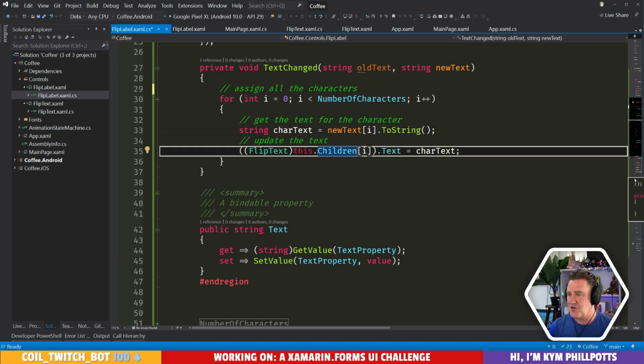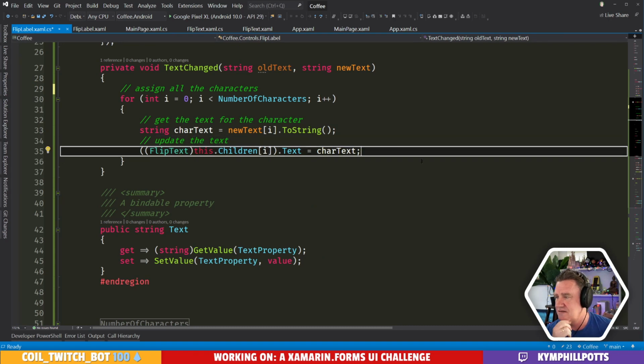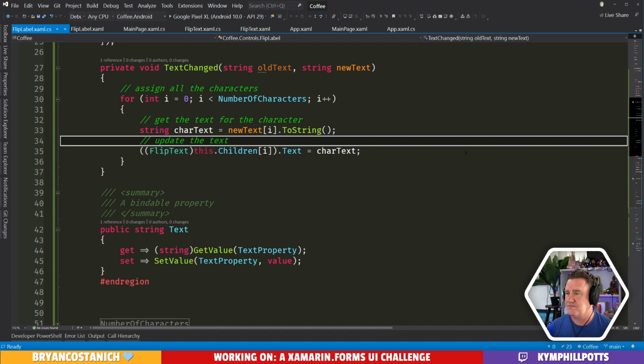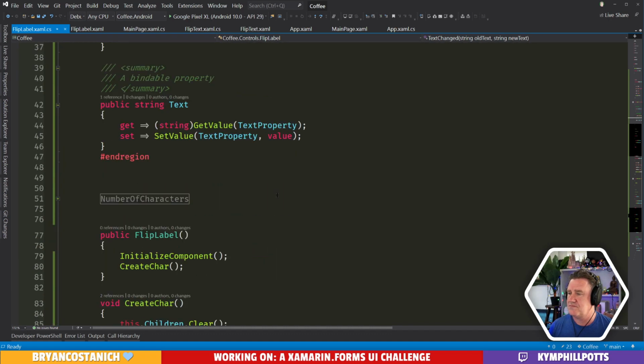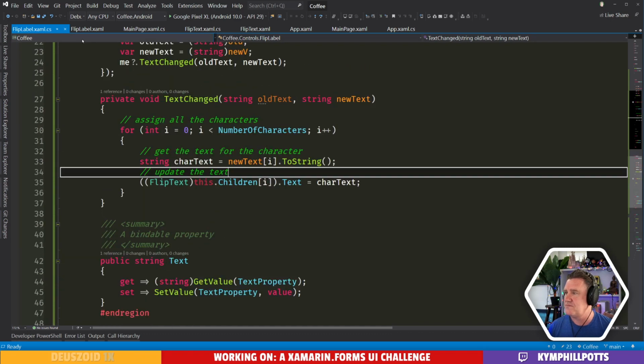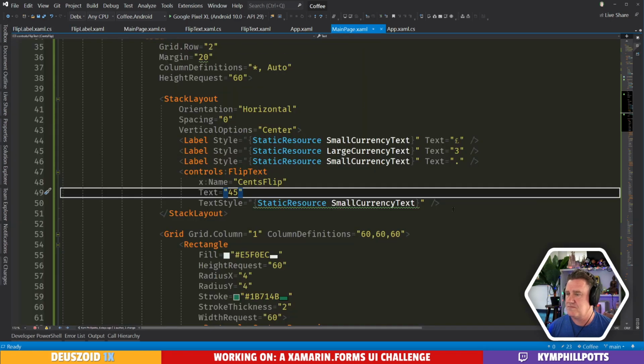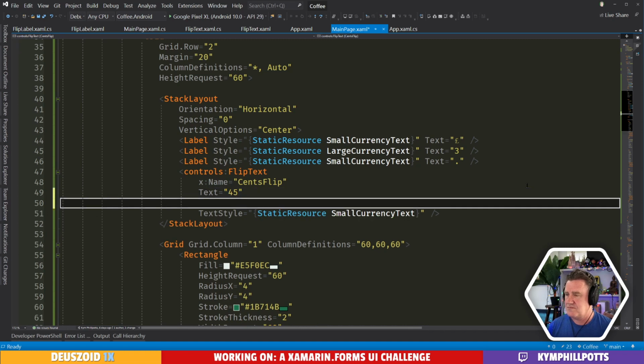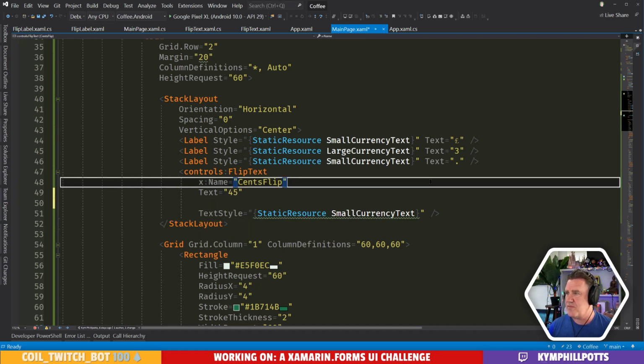All right, cool. So we're going to update some text here. I should see if that will work as it is. And did I add a property?